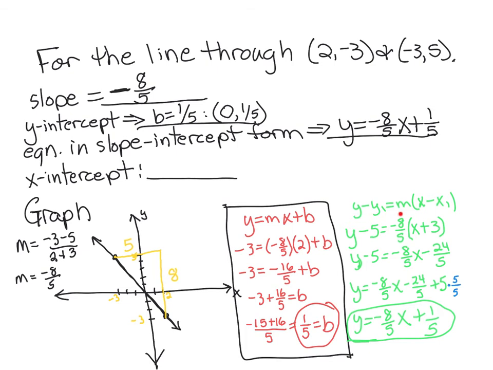So when you use the point slope form, you get the equation in slope intercept. From that equation, you get your y-intercept. If you start with the slope intercept form and you plug in your slope and you plug in one of the points, you're going to solve for your y-intercept. When you get the y-intercept, you plug in the m and the b and you get your equation. So with this, you get the equation. With this, you get the intercept. You either use the intercept to get the equation or you use the equation to get the intercept, and it's